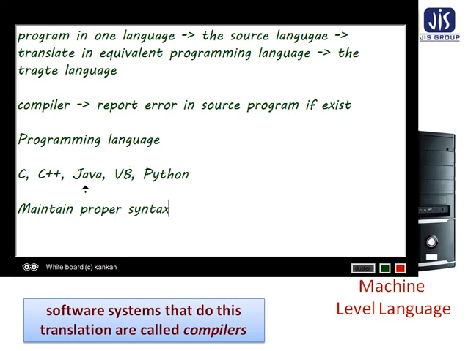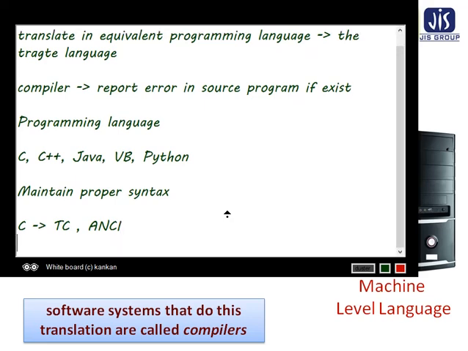And each programming language has a compiler. For example, for C language, we have the Turbo C compiler. Also, we have the GCC compiler. In C++, we also have the GCC compiler.